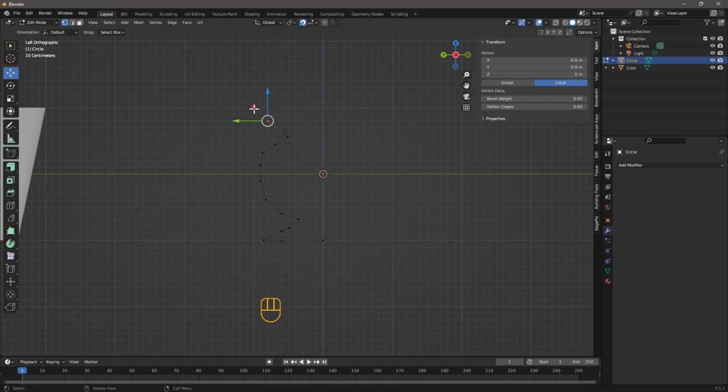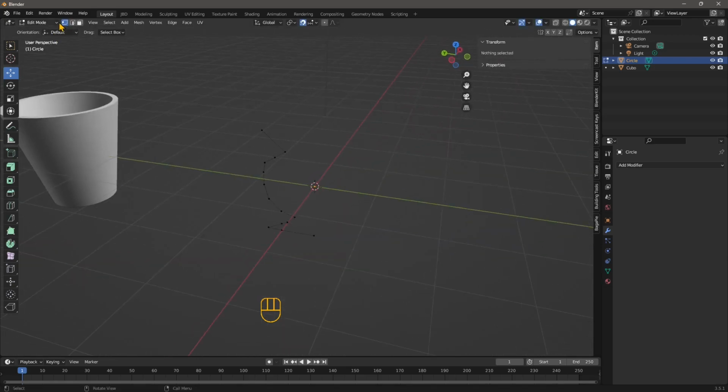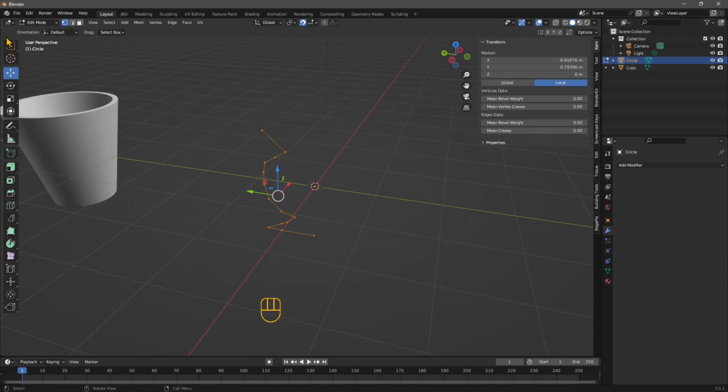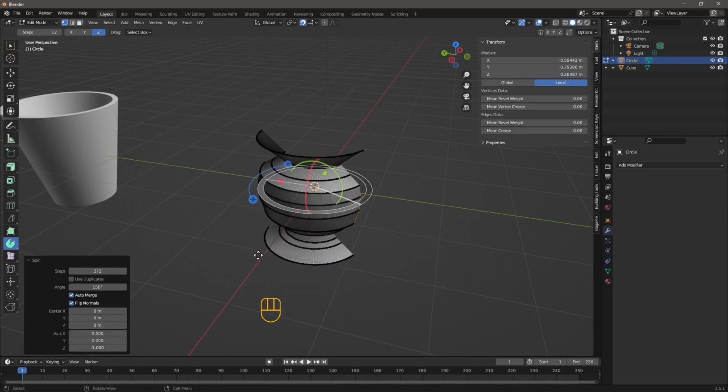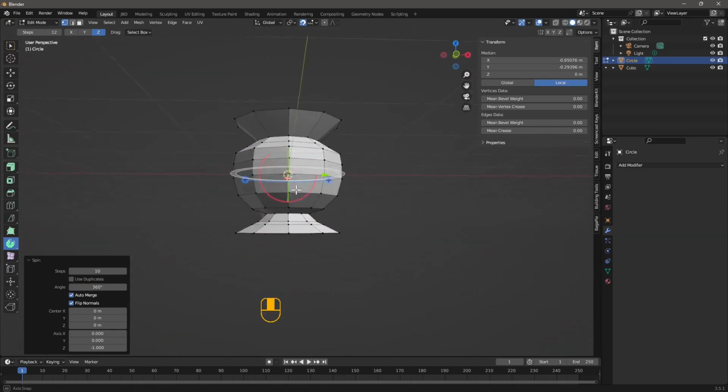Okay, now let's revolve this. Let's see what's going to happen. So if I go in 3D, select all the vertices and do again the spin. So go here, spin, and again, let's extrude this. Let's decrease the number of steps. This is too much, so we can see better. And now let's do again 360. Okay, so you can see that that's a nice base,